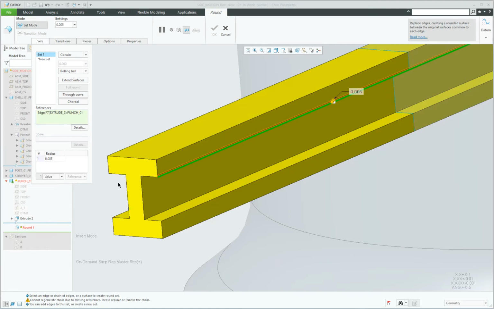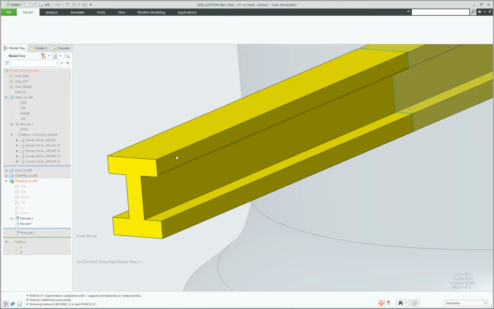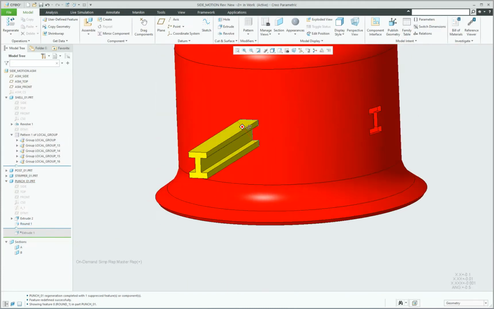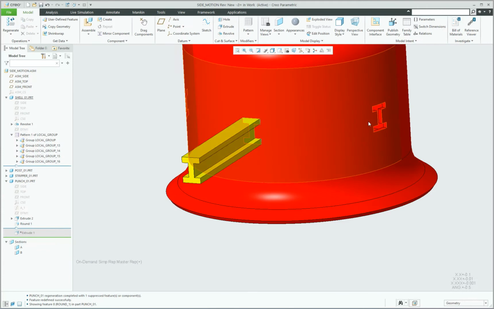You know, maybe we want them here and here. Okay, so what are the reasons to do this versus not do this? If the sketch that was created in the parent model, or the shell in this case, is exactly what you need in your other models, then directly linking the sketch makes sense. If you needed this yellow piece to be slightly offset, right, a little bit bigger or a little bit smaller,